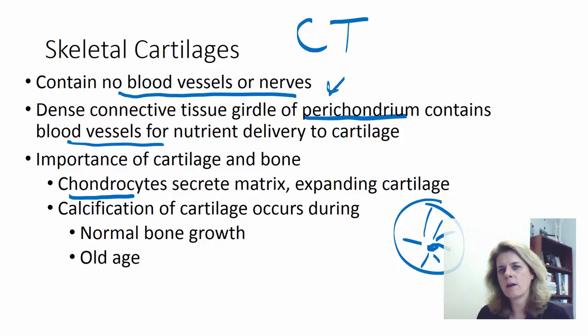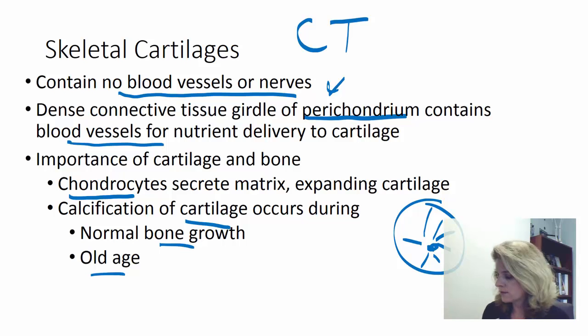One of the important things about cartilage is that we can use cartilage as a template for bone. So if you think about the fetal skeleton, when you first look at a fetal skeleton early in development, it looks like a cartilaginous skeleton. And then the bone is going to come in and replace that cartilage. We do the same thing as we grow taller. If we repair a bone, you always have to put down cartilage first, and then the cartilage will then be converted into bone. So this is just a part of normal bone growth in old age. So not only are cartilages a part of our skeleton every day, but we also use them in the growth